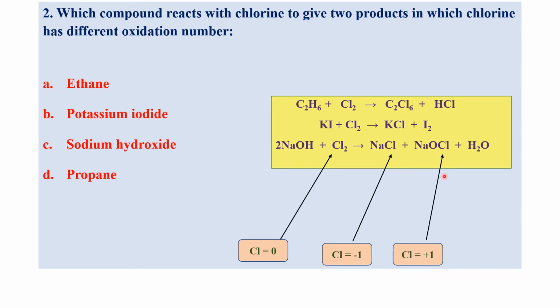In case of chlorate, sodium has +1, oxygen has -2. So in order to balance this chemical formula, or in order to get 0 from this formula, we will have